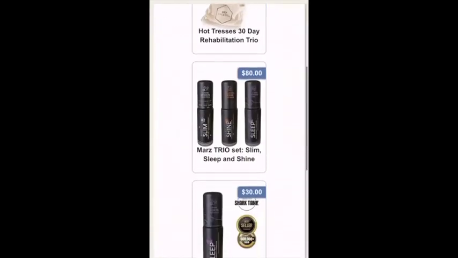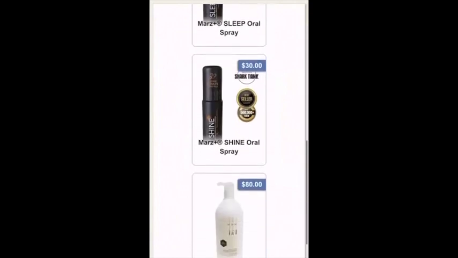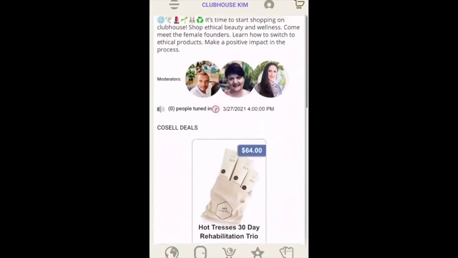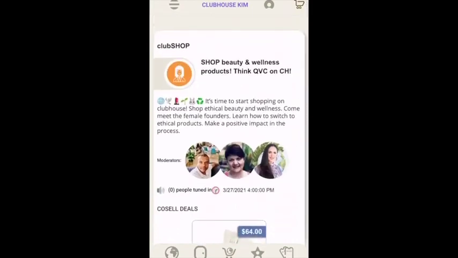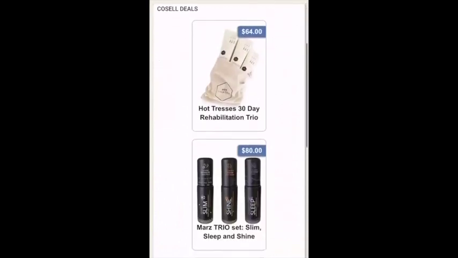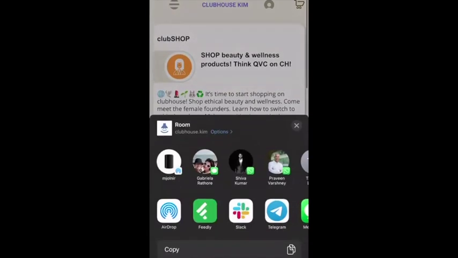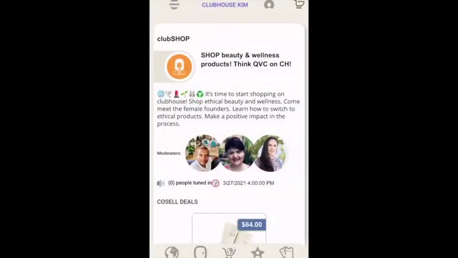Because of course, as you know, Awake is a 5% share type network, where whoever you bring into the network gives you 5% of their earnings, and the same thing happens to them. So you can see here, this is a very simple way to bring people into this room. This is the link now that you would share, and what you would post on various places.